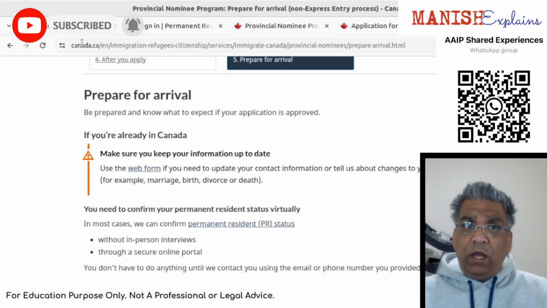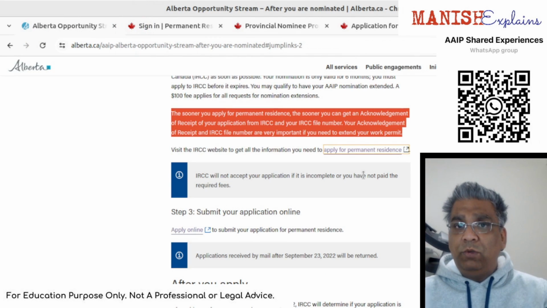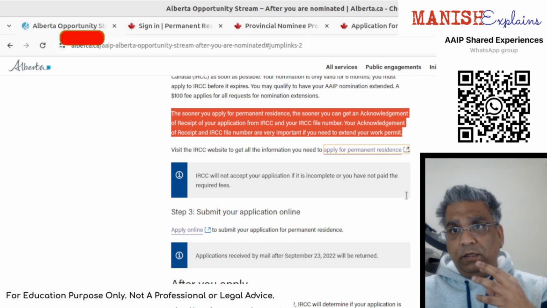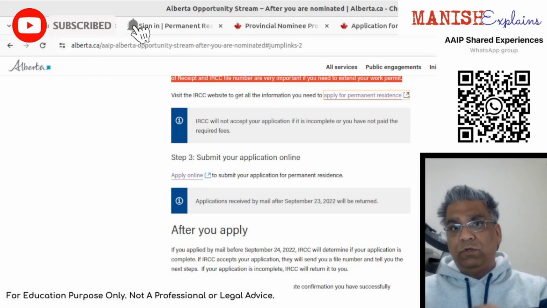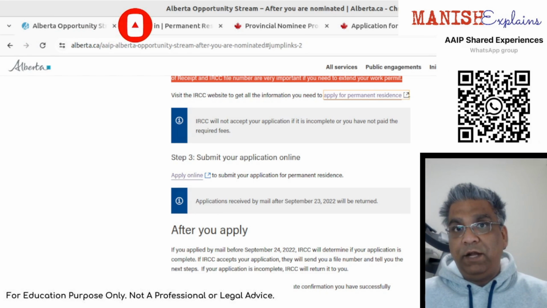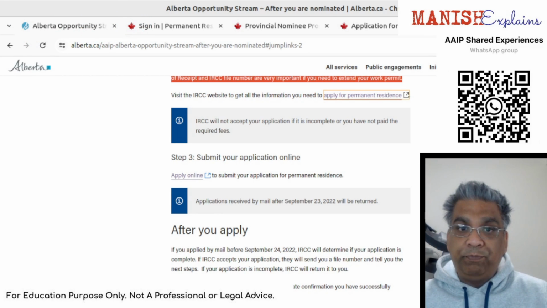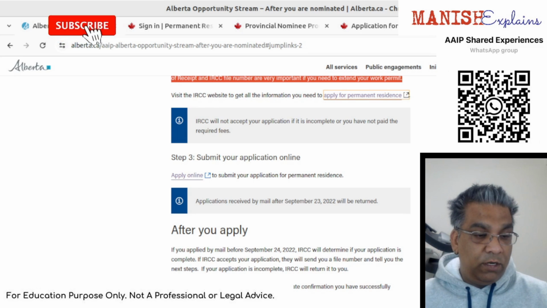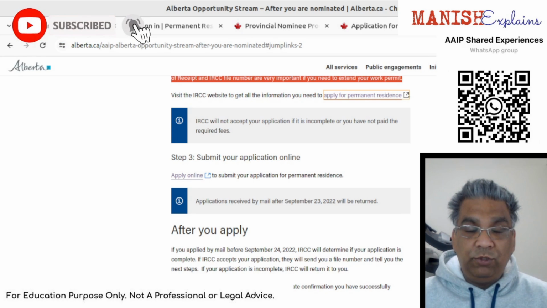So I hope I was able to cover the basic doubts of most of the people. Obviously, I cannot show you how to fill up that form because that form is a very sensitive, legal form, so I cannot actually fill it up and show it to you.